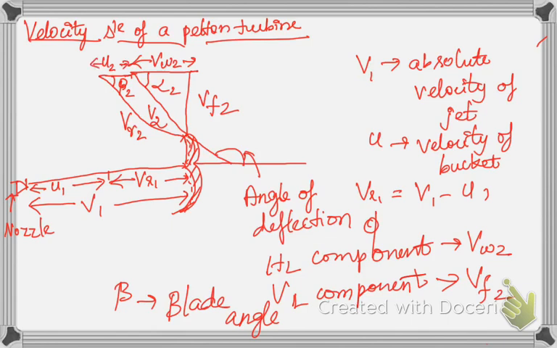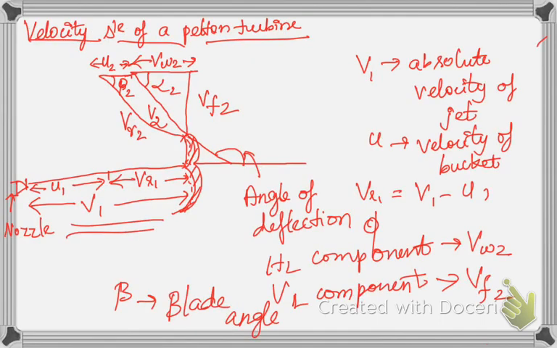So this is very simple. Since the water is straight away striking the bucket, we do not have any triangle in the inlet part of the Pelton turbine. So we are drawing a straight line. After that the water moves towards the bucket, and then it goes tangentially, it moves like this. Since it is moving at an angle, we subdivide into two components, horizontal and vertical. Then we denote our relative velocity and velocity of the bucket. So this is the velocity triangle for a Pelton turbine.